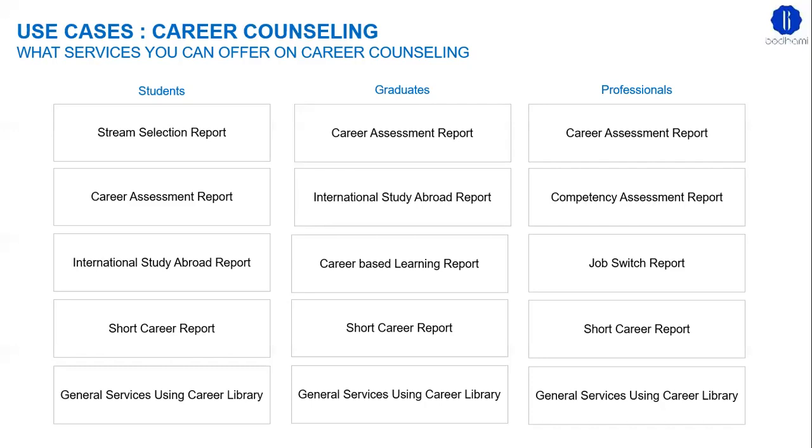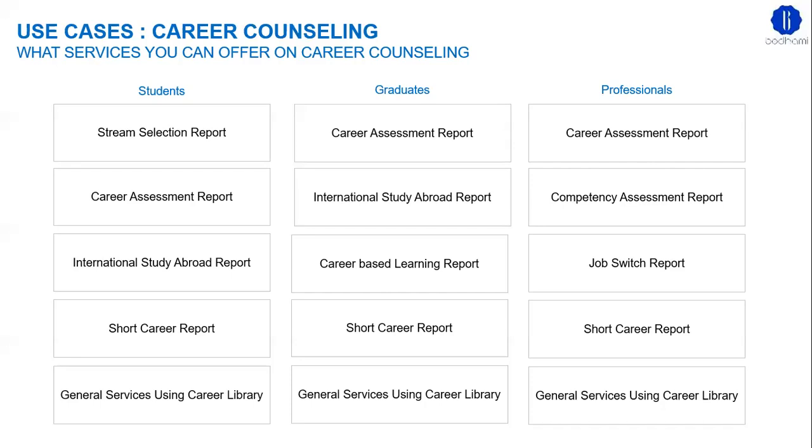For professionals, there are a little more additional services required apart from just the normal career assessment report. Career assessment is typically where people at the early stage of their careers want to look at a job, but people who are already in their careers would look at a job switch report if they want to switch a job. If they want to try for a certain job, like say sales or marketing, then they would look at something like a competency assessment report. I want to assess competencies, how good I am in terms of fitment to marketing or sales, given that particular target's competency which is already defined.